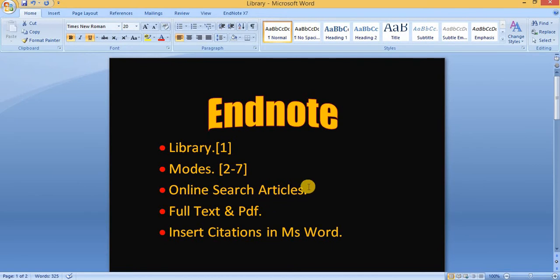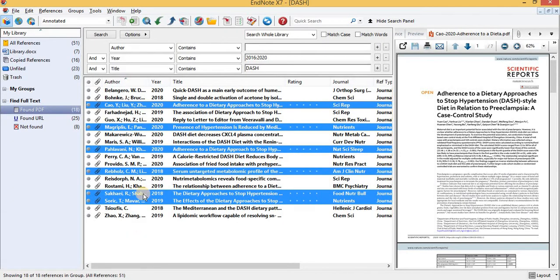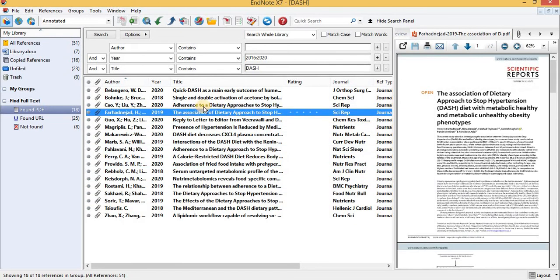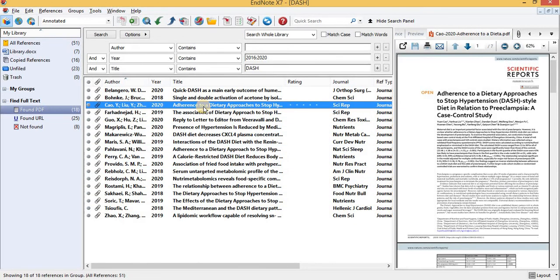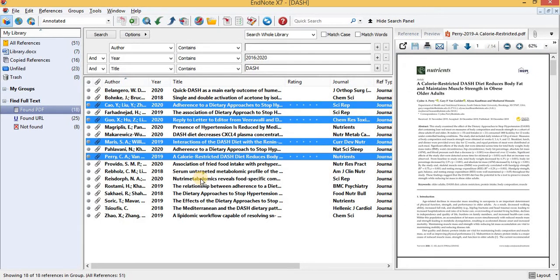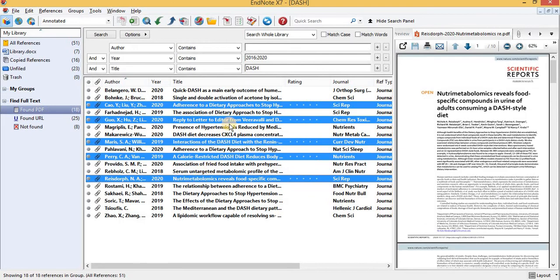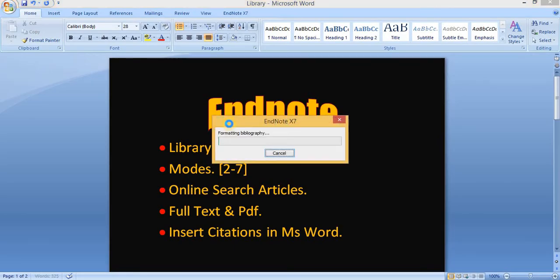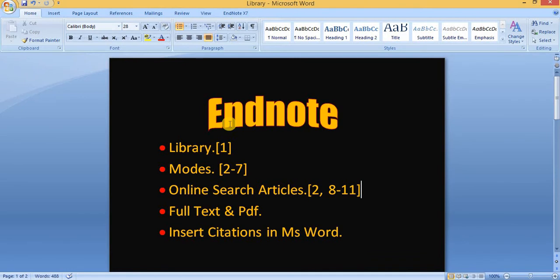If I would like to insert it here, then I have to go to EndNote, and I will select multiple articles, then Alt 2. Here is the thing to learn: you can see the number 2 here, and here is also the 2. It means that we had repeated it 2 times.